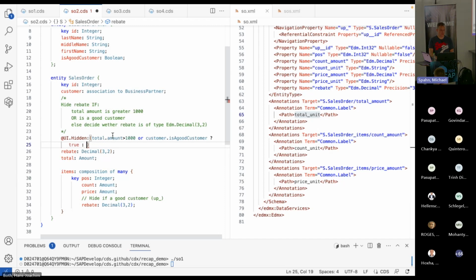and the then branch is true. Otherwise, we want to decide the rebate is of type EDM decimal, and for that there is an OData function which is called isOf. That's a type operator where you can check whether the type equals a given type, and the type should be decimal. This one, and then comma and the rebate field. So if I save that and if I compile this now to SO2,